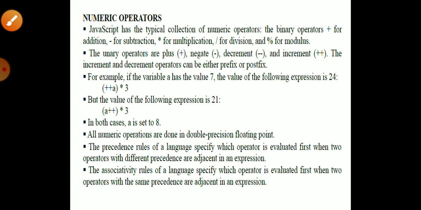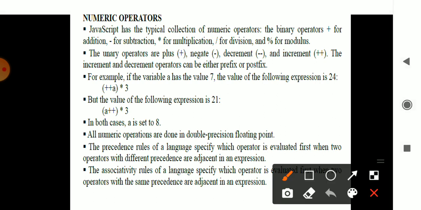Already you know the numeric operators which are used in different kinds of languages. So here the numeric operators are plus for addition, minus for subtraction, cross for multiplication, slash for division, then negation, plus and minus, then increment and decrement, plus plus and minus minus. All these are being used. So an example is here. For incrementing you use plus plus a, which is pre increment, and afterwards if you want to increment it, a plus plus, which is post increment.